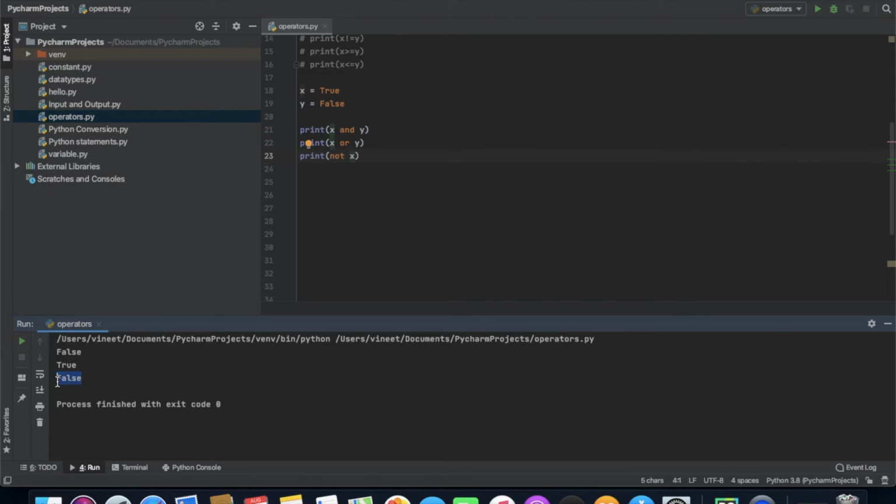So we'll be talking about assignment operators. Assignment operators are used in Python to assign values to variables. Like if I assign a equal to 5, this is a simple assignment operator that assigns the value 5 on the right to the variable a on the left. So this is how we use assignment operators, and there are different types of assignment operators.